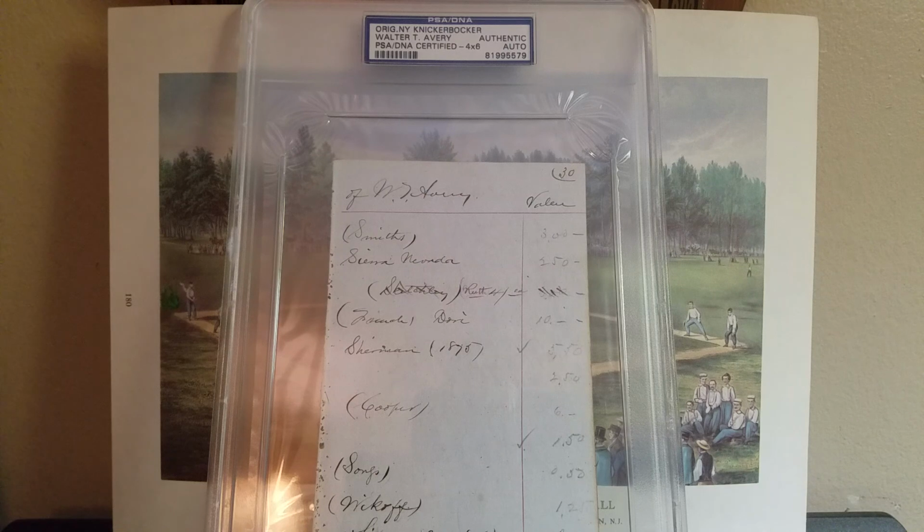So let me talk a little bit about Walter Avery, as much as I happen to know about him. He was born in 1814, died in 1904 at the age of 90. He played with the Knickerbockers for a few years, and like the rest of the team and a lot of people during that time period, he traveled west during the big gold rush. Unfortunately, like most people, that didn't really work out, didn't really get rich off finding any gold. So he actually ended up starting a corporation that was kind of like a grocery firm, groceries and food products and things like that. Stayed out there for a while, and he ended up actually coming back to New York